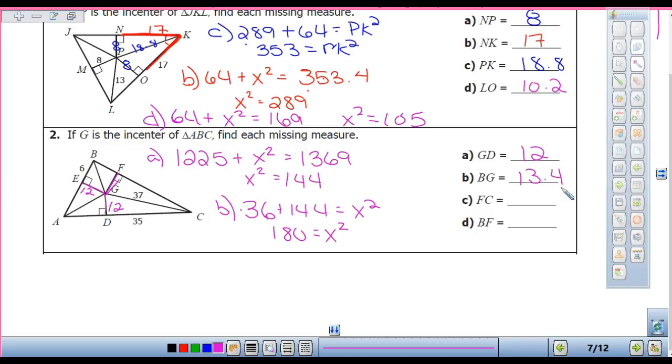FC. Oh my gosh. What's FG? 12. So we use the figures here, we get to find FC. If D is 6, oh, actually we don't have to. What's CD? 35. So FC has to be 35. 35, yes. I always forget to look at that property. How about if BE is 6, what's BF got to be? 6. Okay. Your assignment has way more algebra on it, and I would